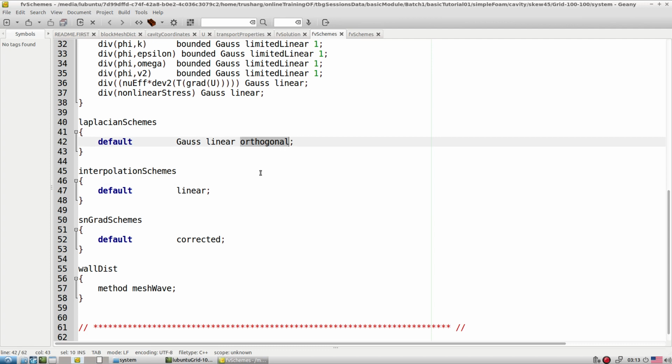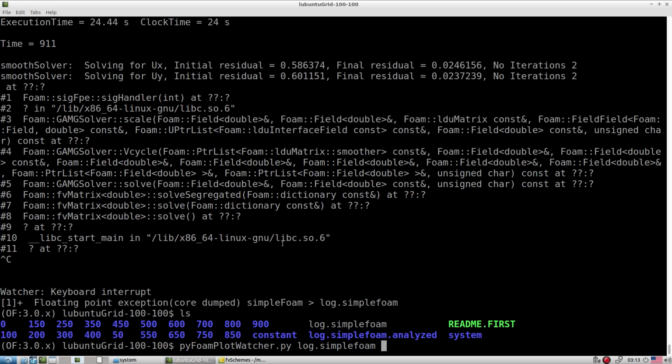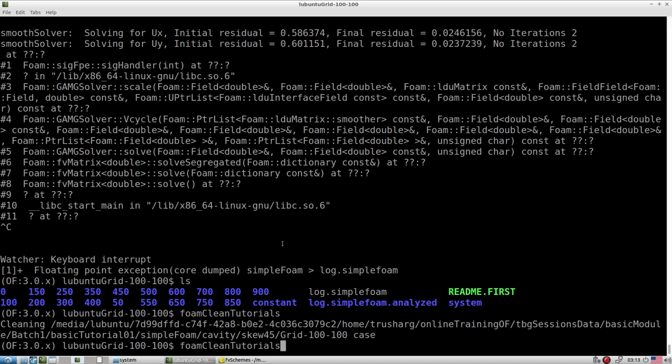Now let's say you don't know what entries are available here. Let's see what different options we have for Laplacian. Type, let's say, test as a dummy value at this point. Let me first clear the tutorial.